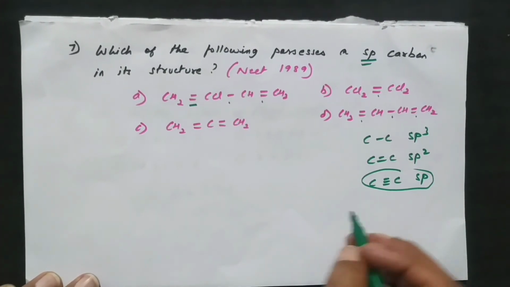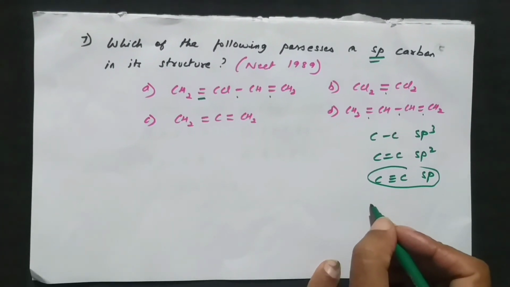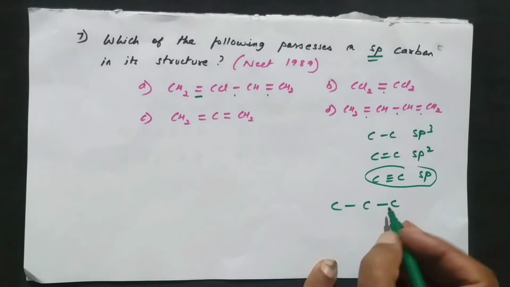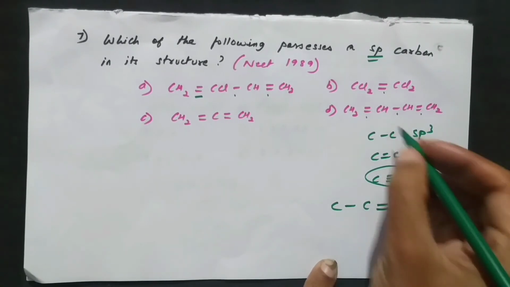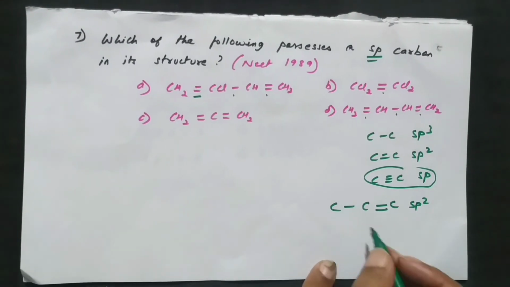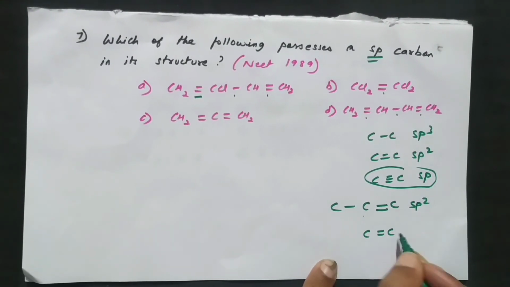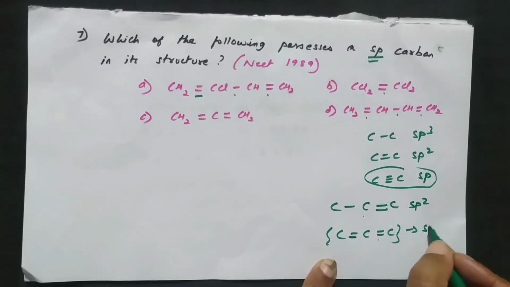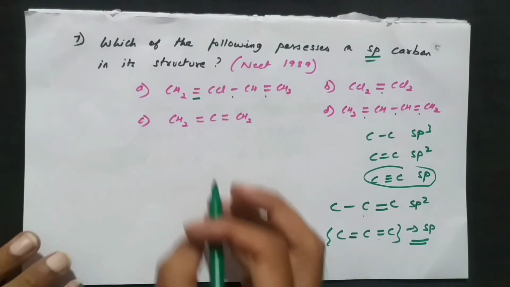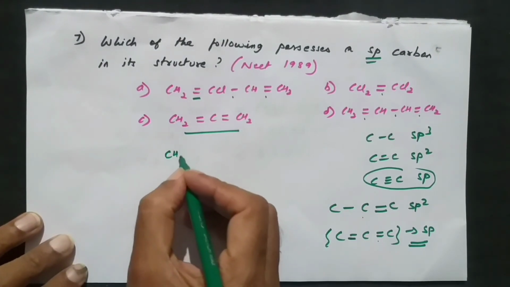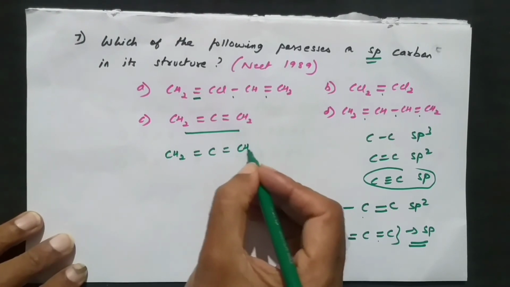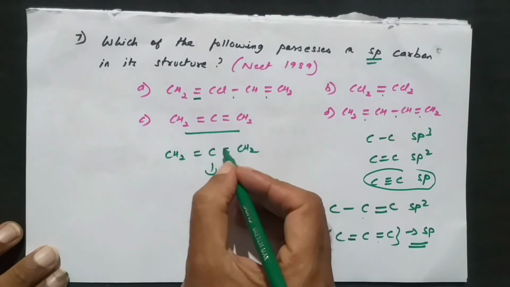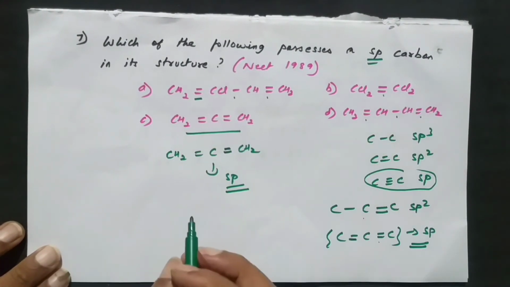So a little bit of a twist; please understand. When you take 3 carbons, for example, the middle carbon 2 will be attached to a carbon on either side. Even if on one side I get a double bond, I can write sp². But when the same carbon is attached with 2 double bonds, one on the left and one on the right, then this will be sp. So take this answer, because when I write CH2=C=CH2, this central carbon will be sp, because both sides are connected with double bonds. It's the only exception to that easy method.